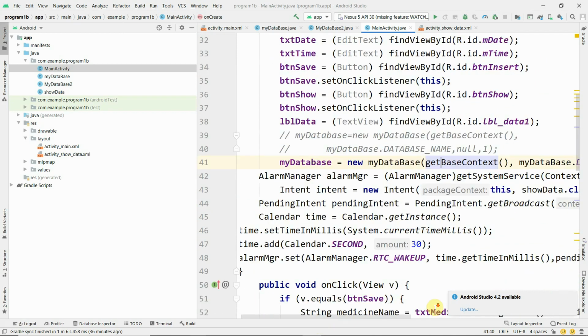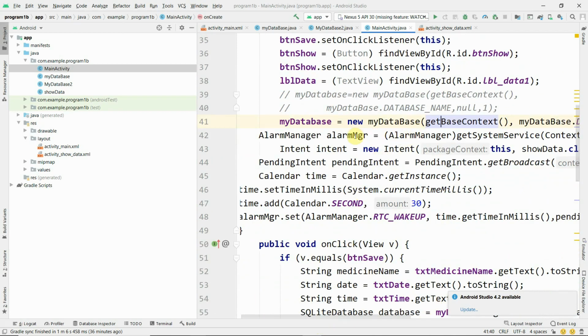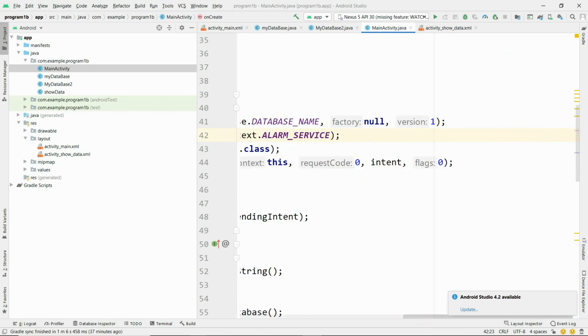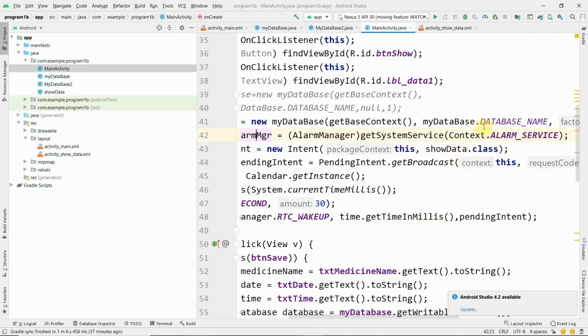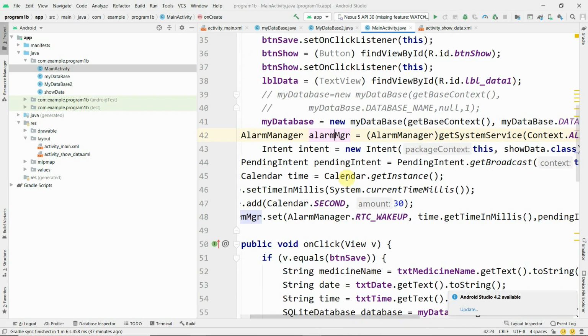Once we have called the constructor, the next step is we are going to show or trigger the alarm when the medicine date equals the current date. Therefore, AlarmManager is the object name, and this is for the alarm service, that is current context dot ALARM_SERVICE. Next, we create an intent object, because we have to show the data in one more class.